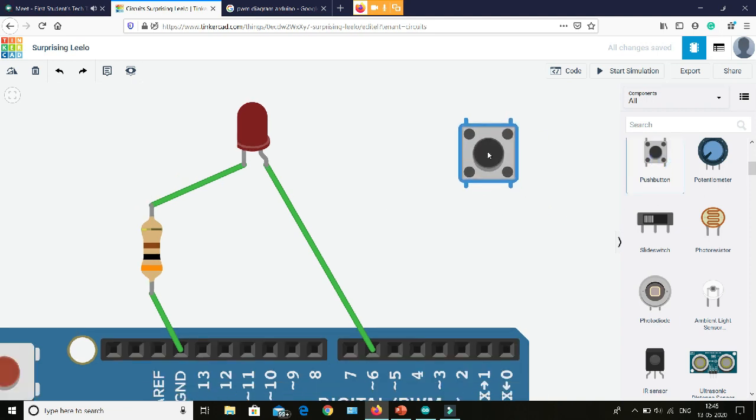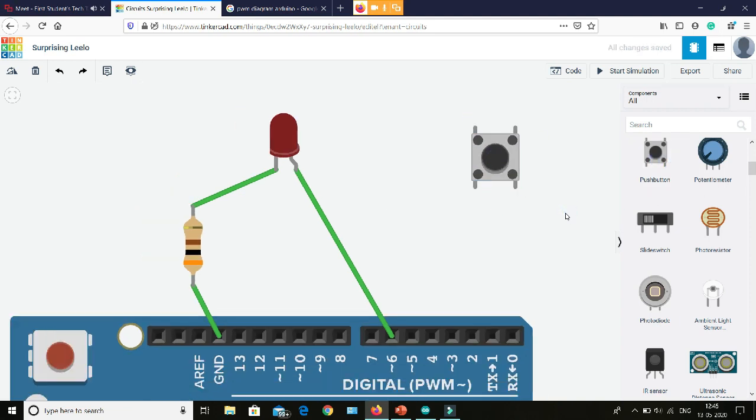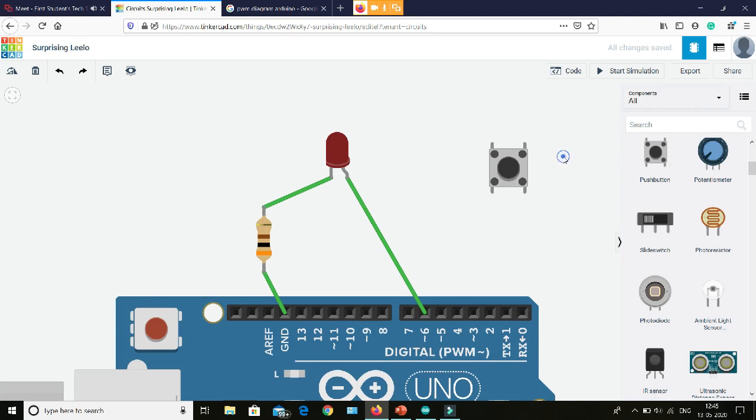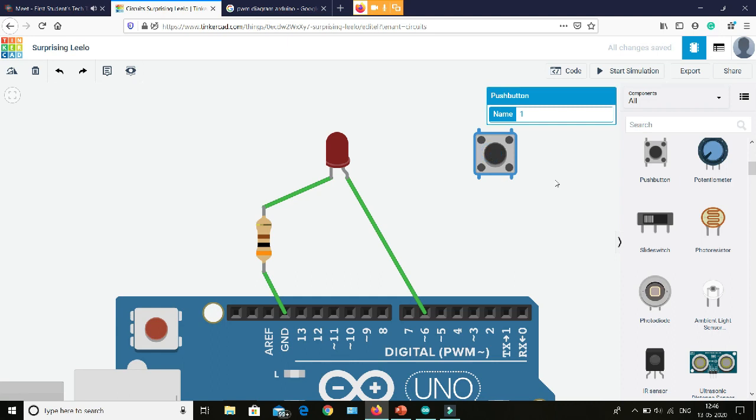You can see push buttons in a lot of electronic appliances like your TV, microwave, and everywhere. Even in your TV remote you have push buttons, and your mobile button is also a push button. So the push button plays a very important role in any electronics project or product. We will see how to use a push button with the Arduino.